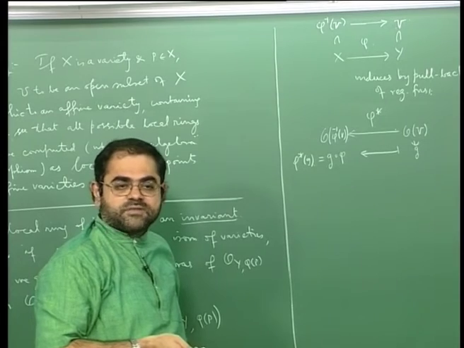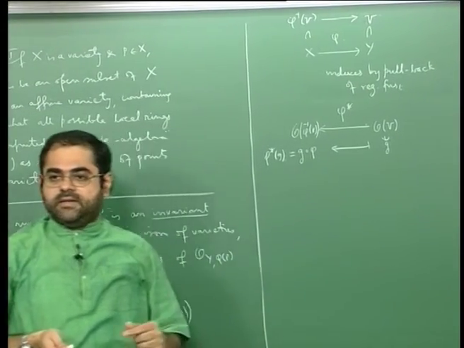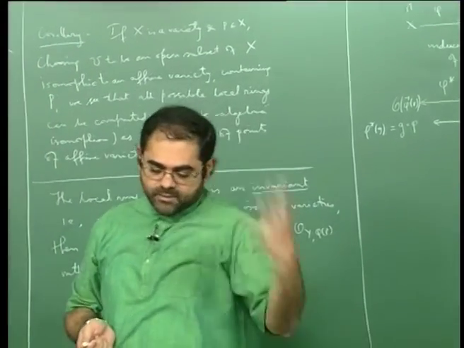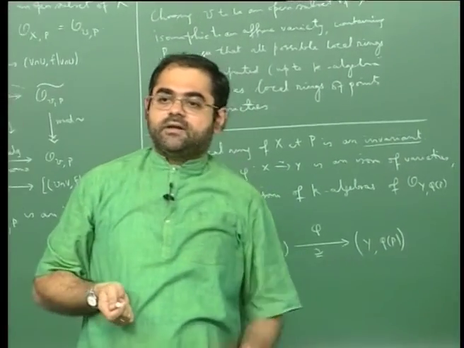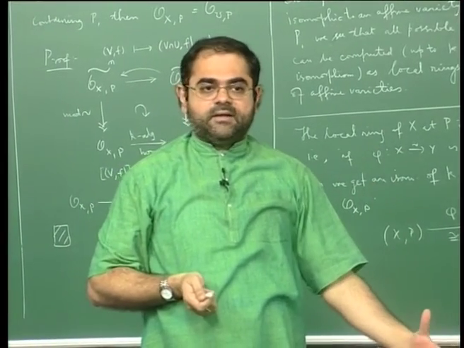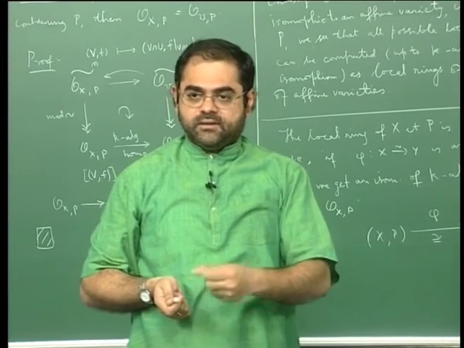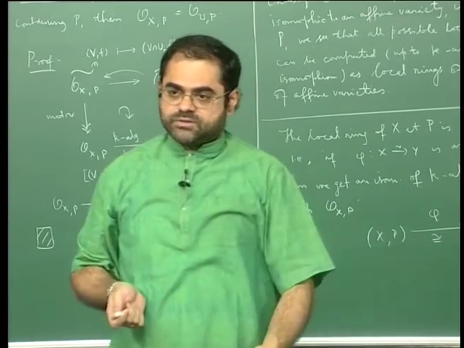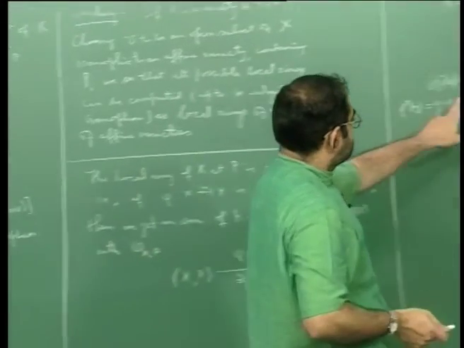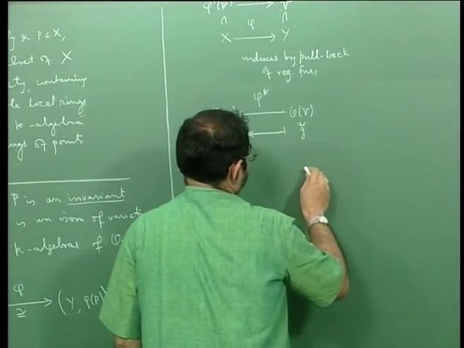The definition of a morphism is a continuous map which pulls back, given any open subset of the target and given a regular function on it, namely a regular function on an open subset of the target, to give you a regular function on the inverse image of that open set in the source. So this is what happens, and you can see that once you have this,